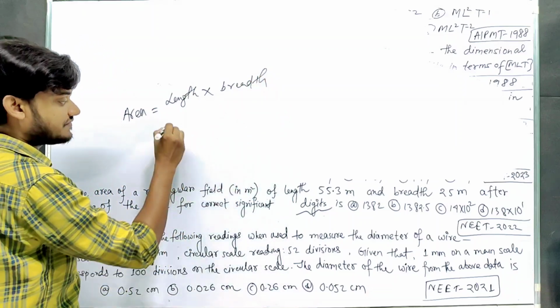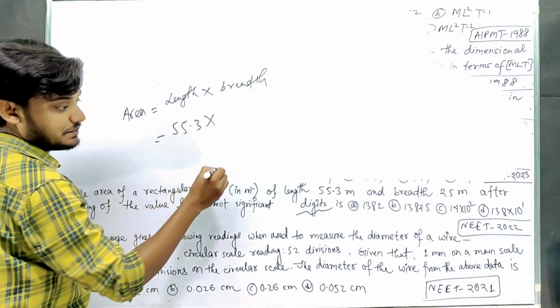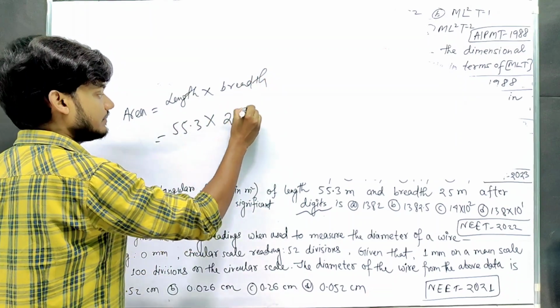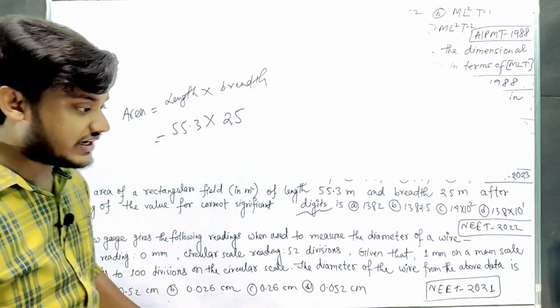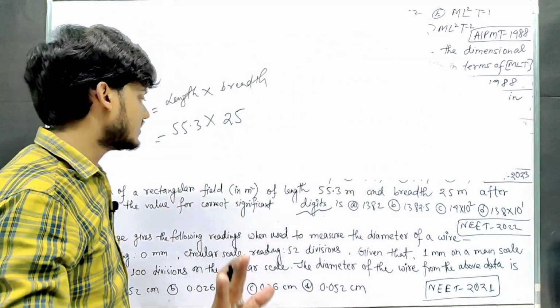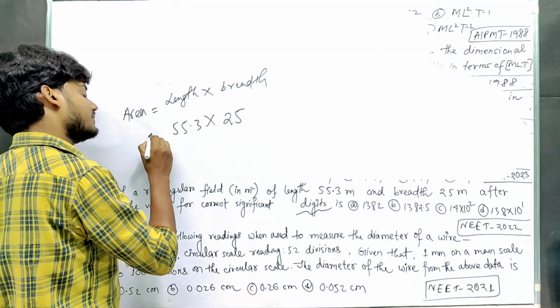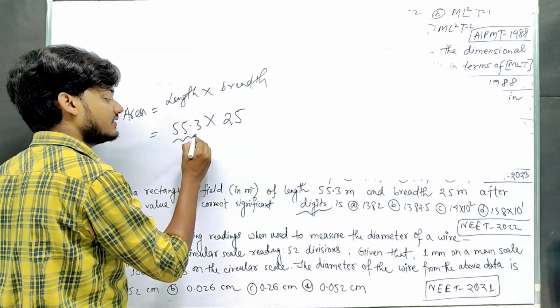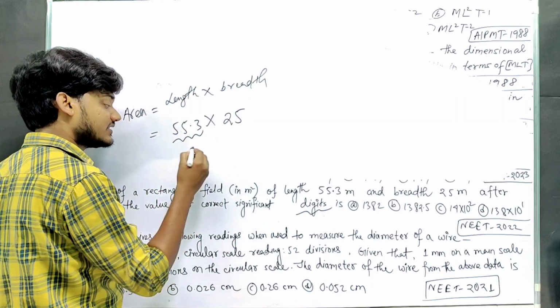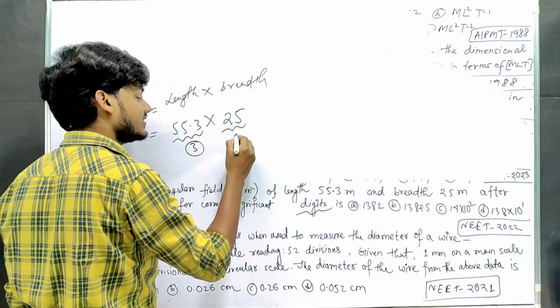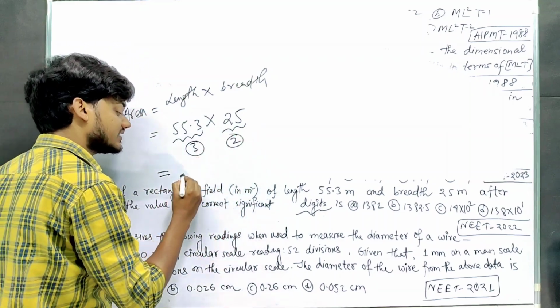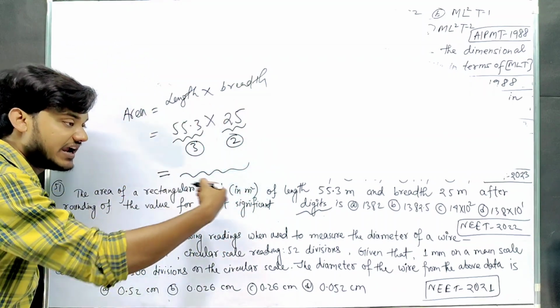Here length is 55.3, breadth 25. Now we don't need to calculate, just remember the rule. Here significant digits are 3, here significant digits are 2. So the result we get after multiplying it